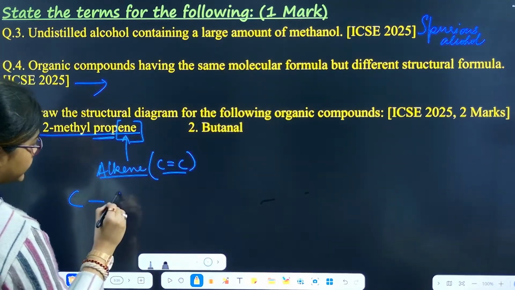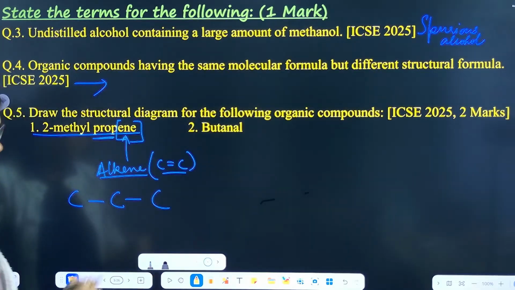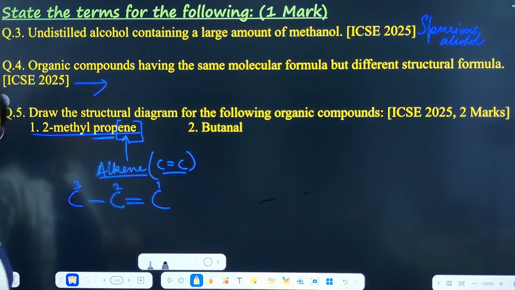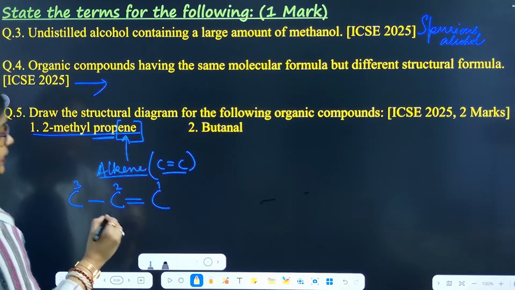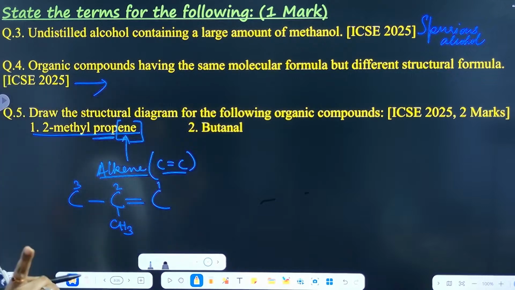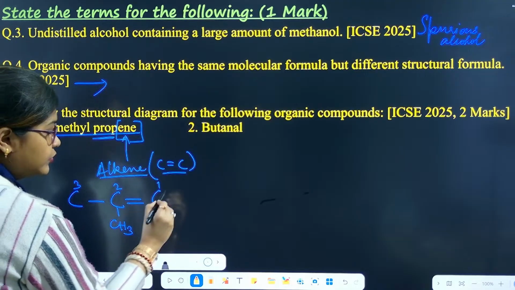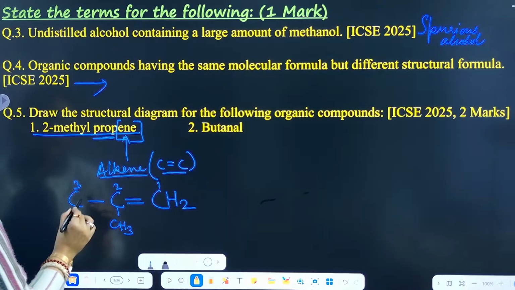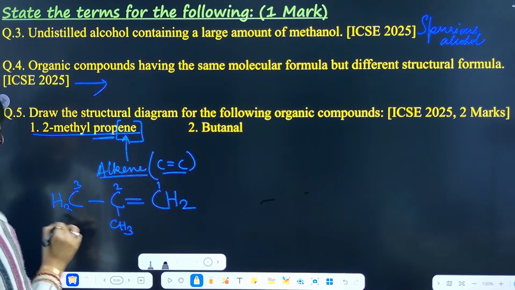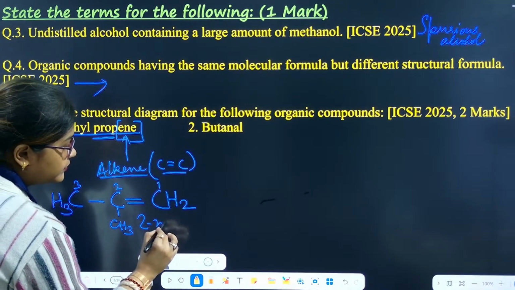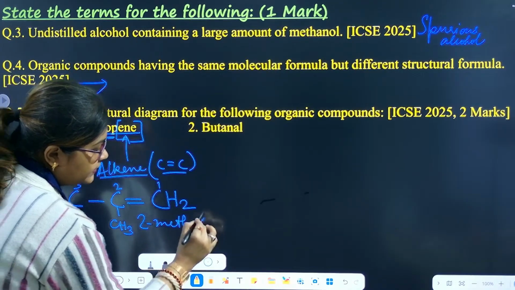So 1, 2, 3. In the 2 position you have CH3. Methyl means a CH3 group, right? So this is 1, 2, 3, 4 carbons taken care of. This is 2-methyl